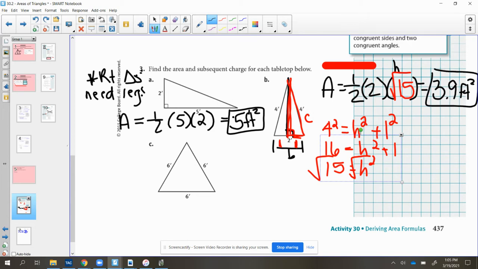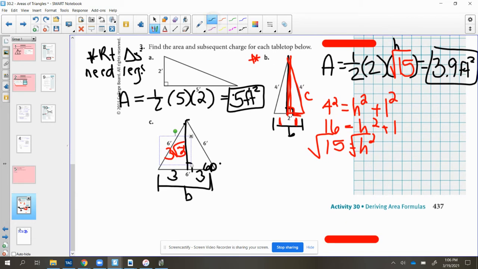All right, last but not least, we have an equilateral triangle. Again, we have the base. The height is where things get a little tricky. So again, we know that we can use Pythagorean theorem because this is cut in half, or remember this is a 30, 60, 90. So whether you would rather use Pythagorean theorem or the shortcut that this is just going to be 3 square root 3. Again, you could do Pythagorean theorem like we did in example B, but either way you slice it,